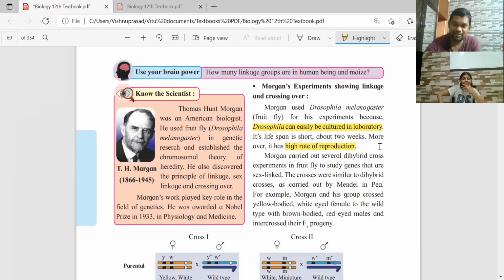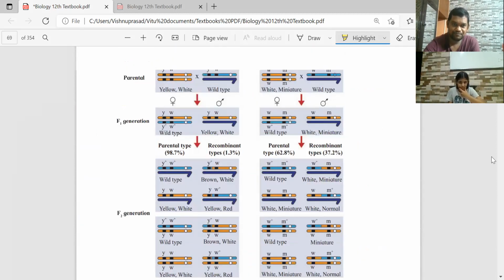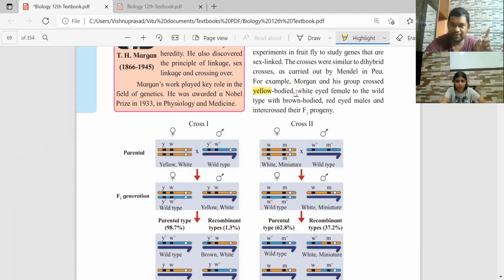Okay, see this one cross, to understand linkage and crossing over. Look at cross one carefully. Yellow bodied, white eyed female. The eye is white in color. Yellow and white are the